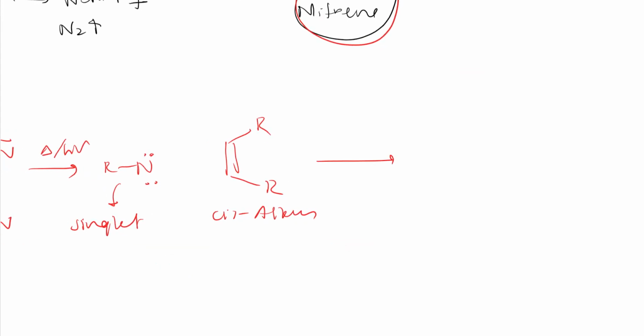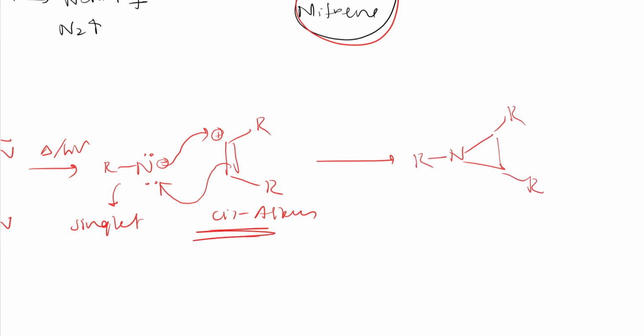So cis remains cis. So what happens here? It takes this electron density and it becomes negative, and this becomes positive. Further, this bond is formed, so totally neutral. So N here, like this we will get R here, R here. Initially it is cis, right? This was cis. Now here also it is cis only. You can show them both above or you can show them both below, right? So from cis I got cis. So these are stereospecific reactions, right? So these are stereospecific.